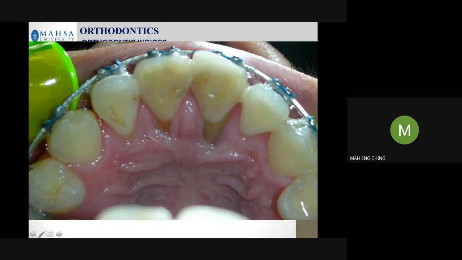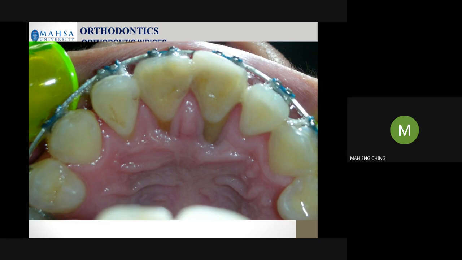Be careful. When you see indentation, even though they are not causing any stripping yet, that is considered a deep bite with the potential of trauma. So you have to deal with that fast before they cause any stripping. Once the stripping has happened, even though you reduce the overbite, this might not help the gingiva to come back. Whatever caused the damage, it might be irreversible. So you have to be careful. When you see the deep bite, try to act fast before it causes any damage to the